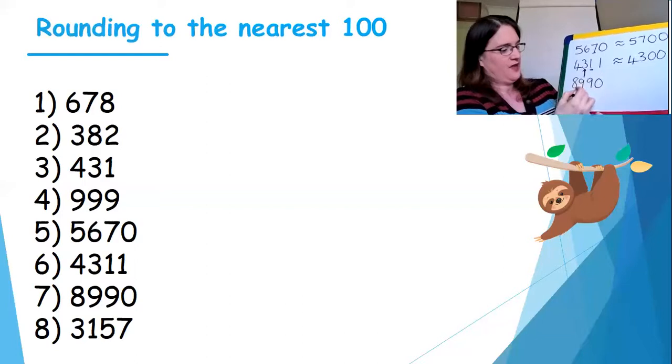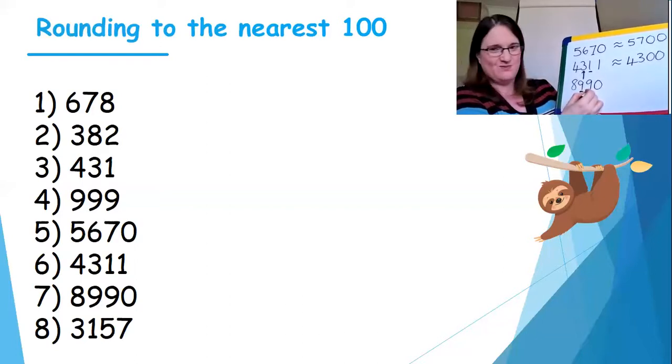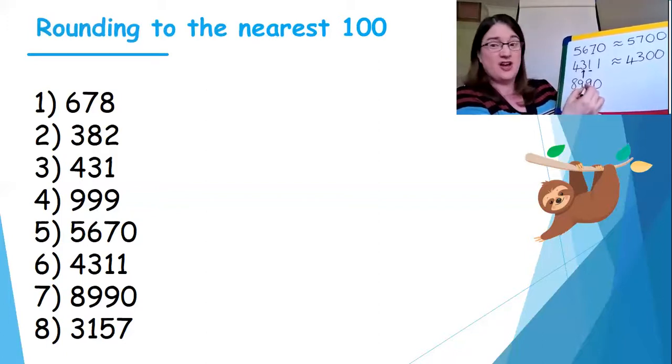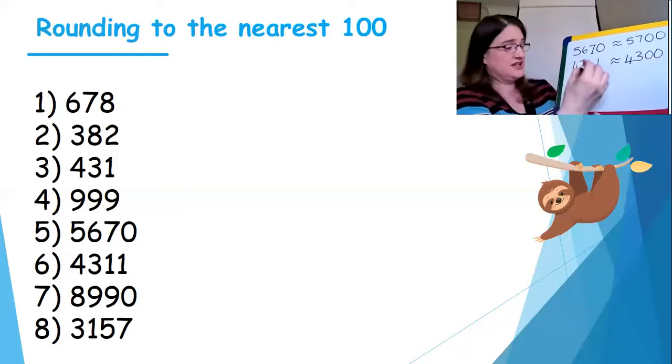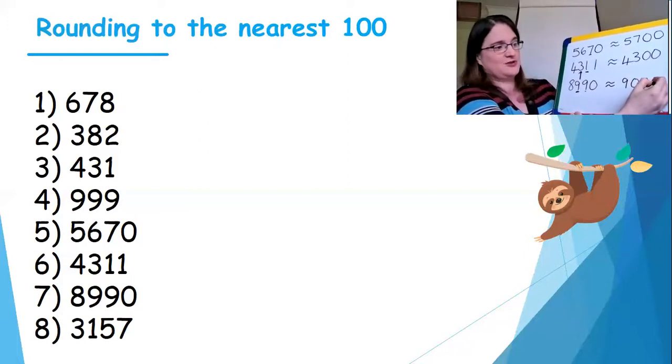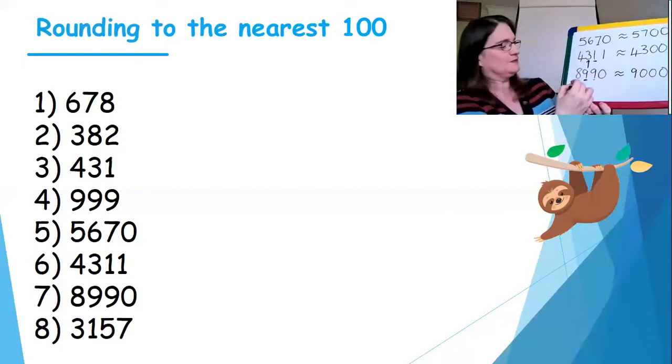8,990. Here is our hundreds. Here's our tens digit. It's telling us to go up, isn't it? So we're going to end up with 8,900. If we have to go up 100, that's going to get us to 9,000. That was our tricky one in the 4-digit numbers. And then